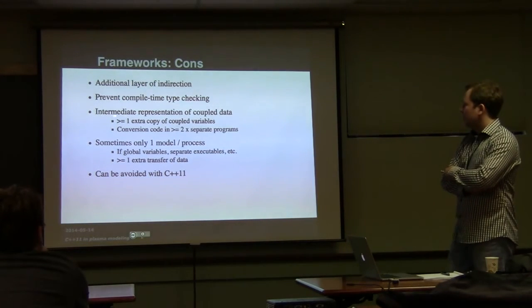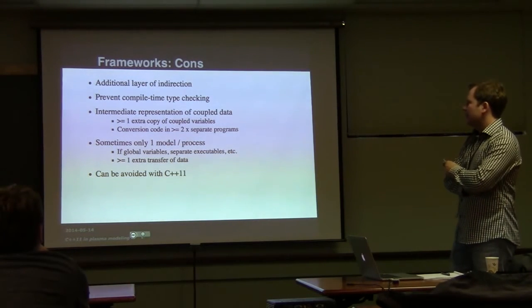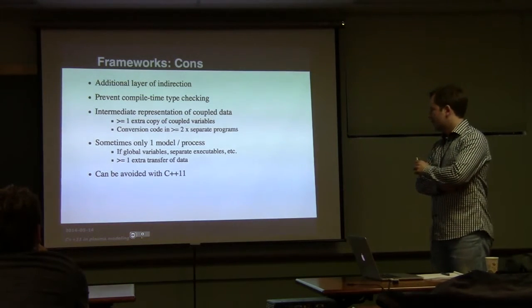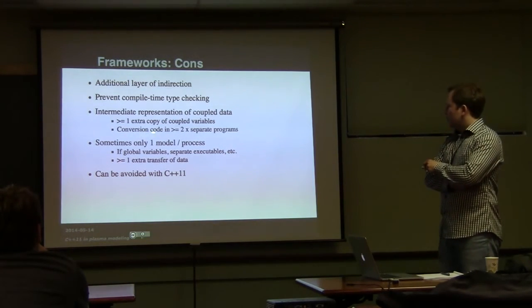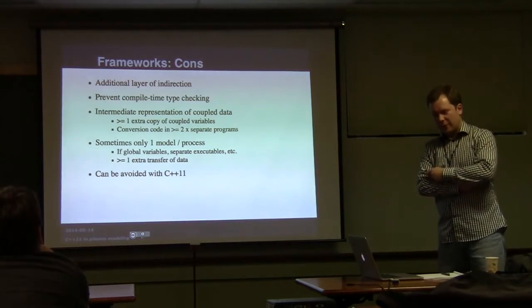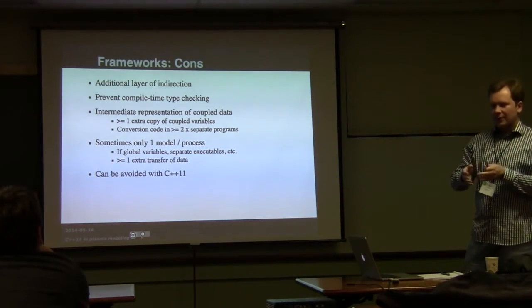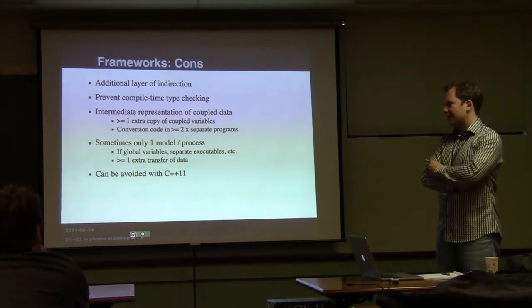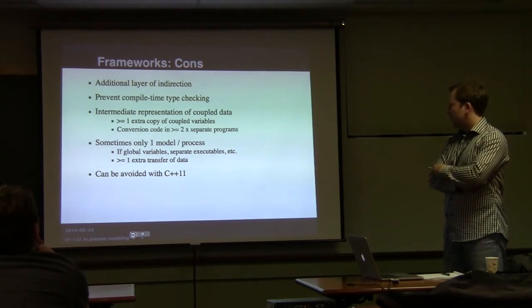And they require this intermediate representation of the data, so at least one extra copy has to be made. And also the conversion to and from the intermediate format: both models convert to the same format and from the same format, so basically you have the same code in two different places, an additional